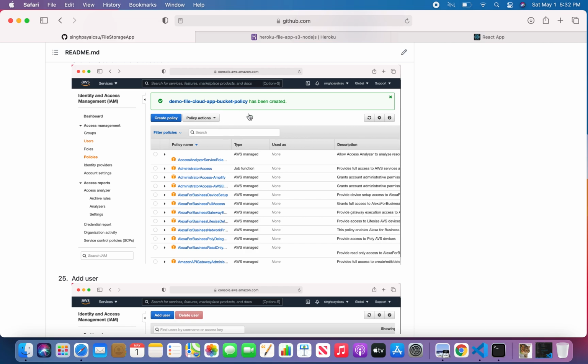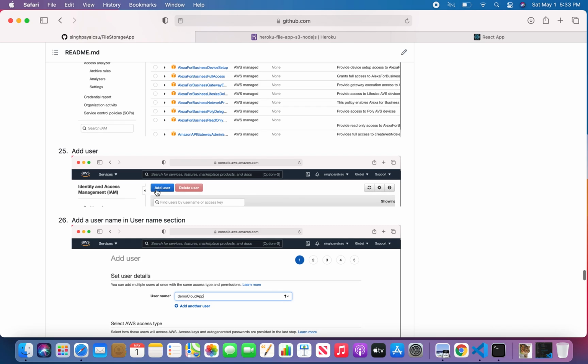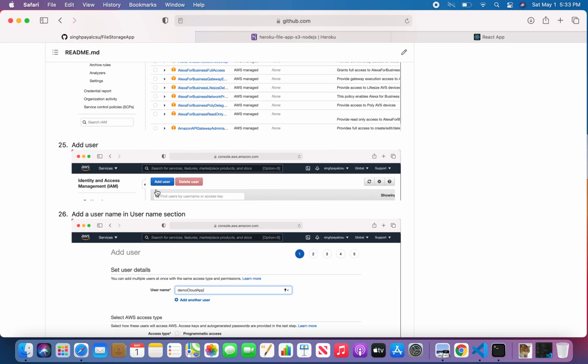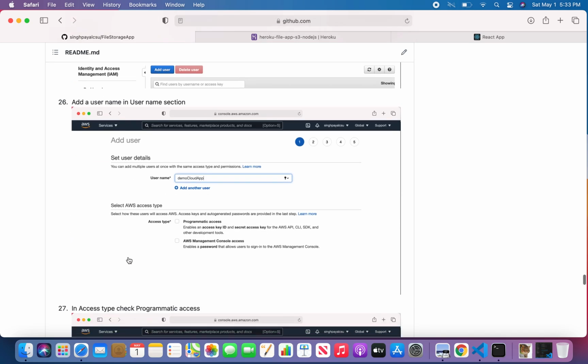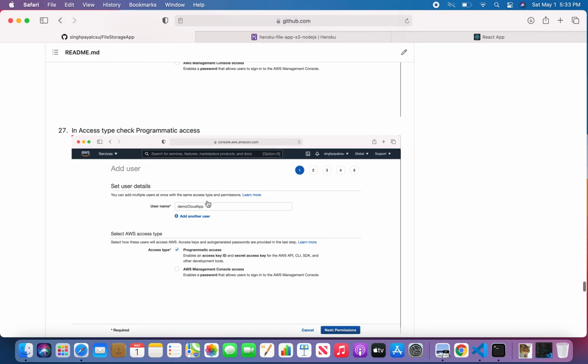After your policy generation, we will go to users in the IAM access management. Here you can see users. Click on users, click on the add user option. So we will add the users who are going to access our S3 bucket, and then we need to define the username. Here you can see I have just defined demo cloud app, and after that